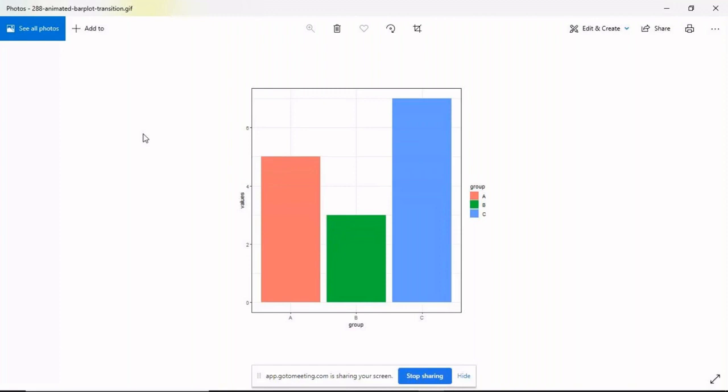See, you can display this, you can export this GIF file to anyone. So once you have drawn that in your R, save that animated plot, and you can export anywhere. Suppose you want to maintain a website.